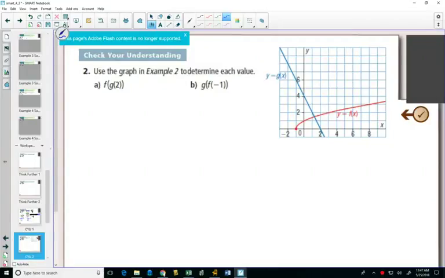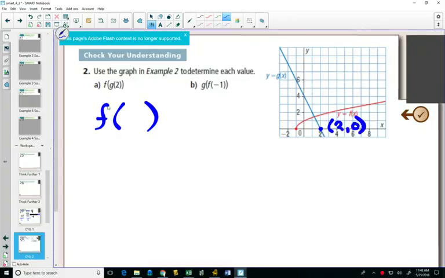In this example, we have two graphs instead of a table of values, but it's going to be the same idea. We need to figure out f of g of negative 2. So we start from the inside, and we need to figure out what g of 2 is. So if we go to our graph, we find out when x is 2, I have the point